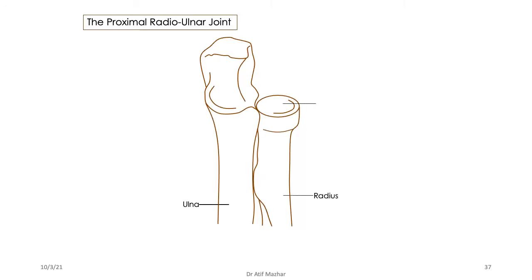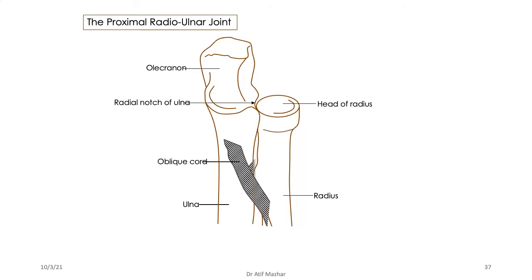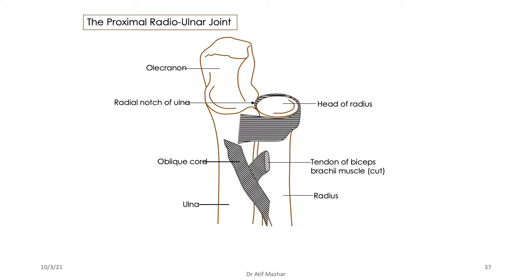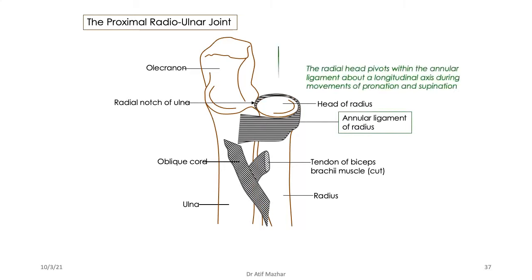Okay, so the radius and ulna, the head, there is the olecranon. Same, I'm making the proximal radioulnar joint. This is my annular ligament and it keeps it in place. And what I'm making is the pivot type of joint, the proximal radioulnar joint. And the annular ligament does it. This is the axis of movement. Are we good? When we use it, supination, pronation.